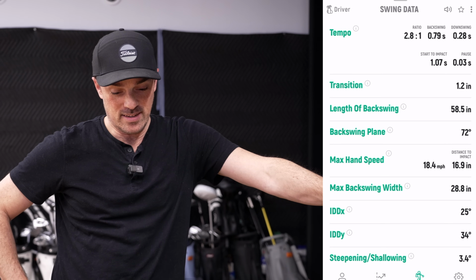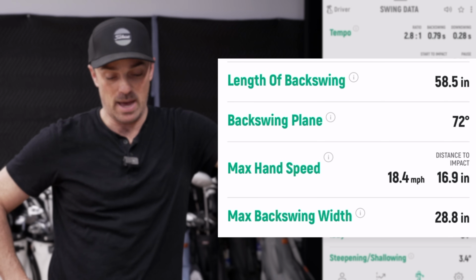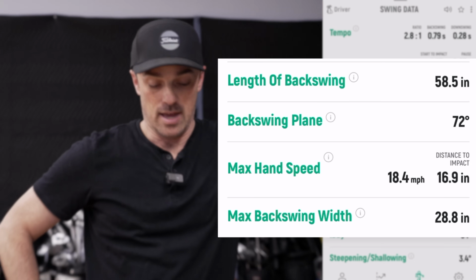Solid strike. Felt so good. Just beat my best hand speed. Give it to me. What do we got? 18.4 on the hand speed. Fast. Yeah, and another good length of backswing, 58.5. And max backswing width,